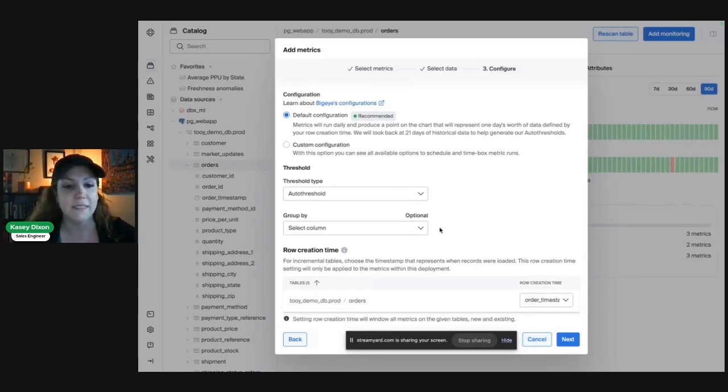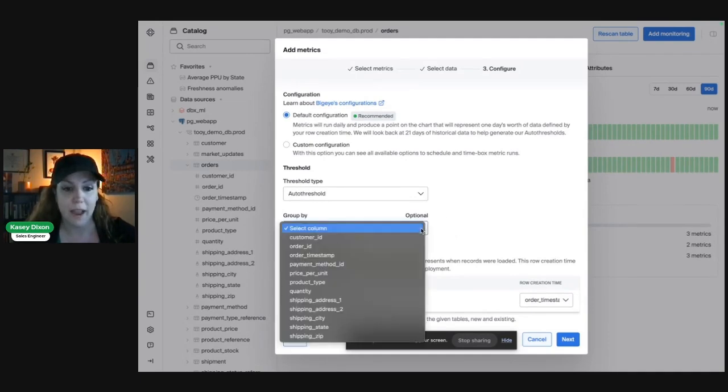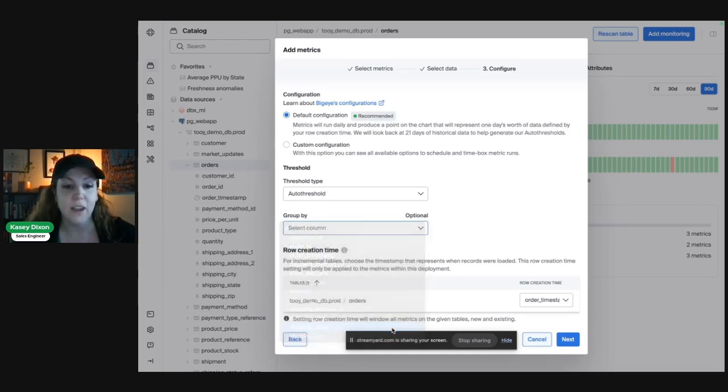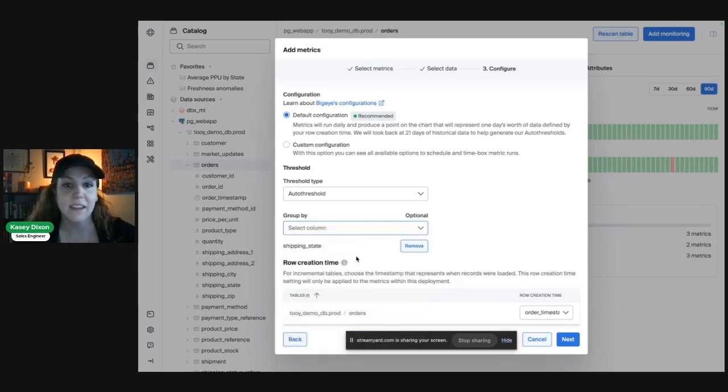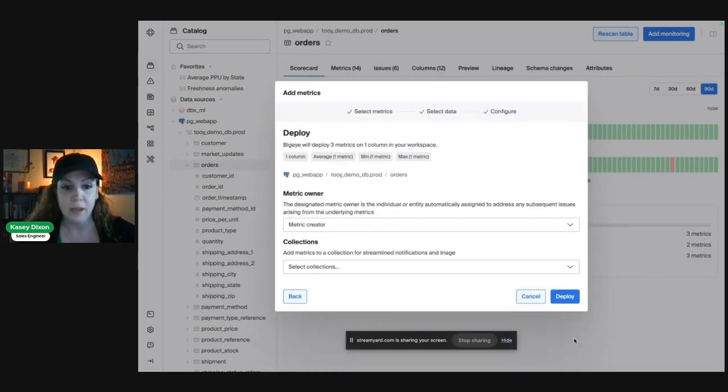But the critical thing that I want to do here that makes this different from the metrics already in place is to add this group by. I want to split out this metric according to every state that we do business in. In other words, I'm going to deploy average, min, and max price per unit for every state that we do business in. I'm going to click next,